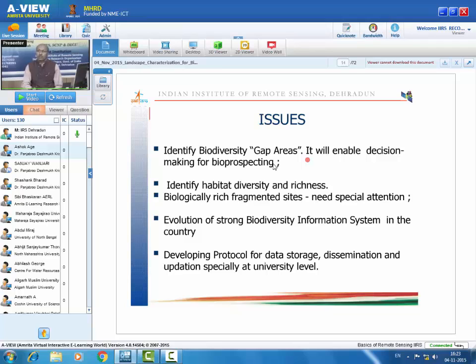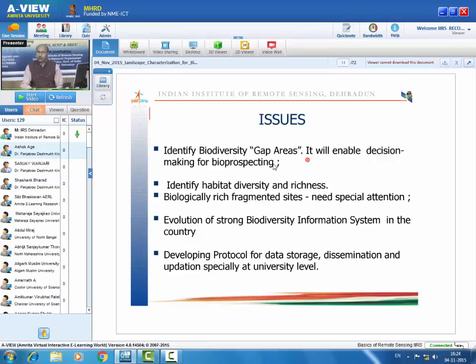And if you look at the distribution of the forest in our country, you will find it is not continuous. You will find one good patch in central India, you will find good connectivity in the western Himalayas, but if you look at the Eastern Ghats, you will have a lot of discontinuity. That means these biologically rich areas are fragmented. That means they are not connected. The corridor is not there. So these fragmented areas are our concern, and if not protected, in the long run, we might lose the biodiversity